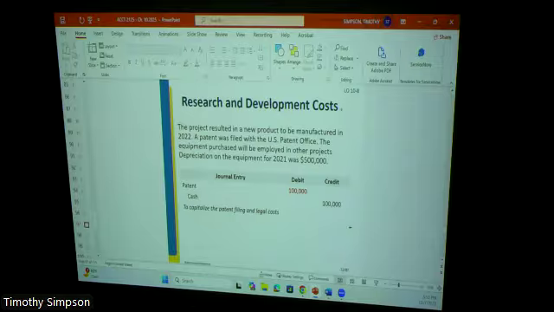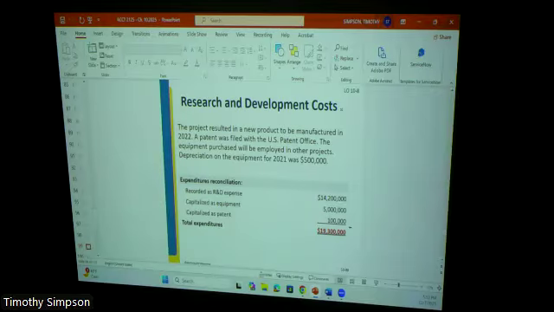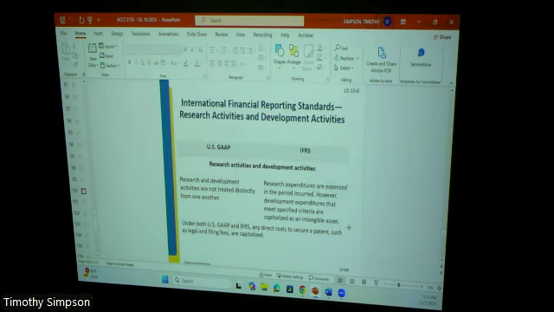So it's really sort of the terminal phase of the R&D, but once the product was ready to go, there are still costs, and we would treat those as we would any other costs, and go from there. So here's how all the costs together, 19,300,000. Okay, in comparison of GAAP versus the international standards,